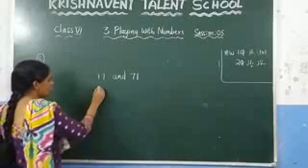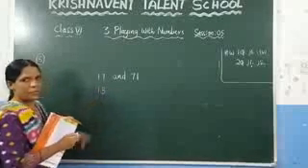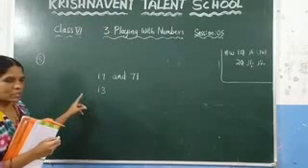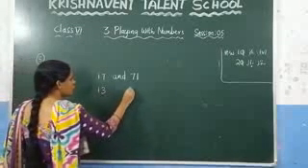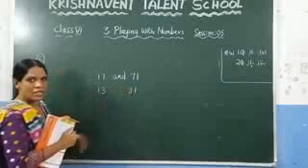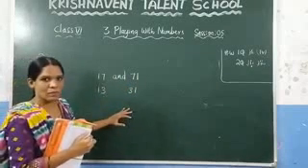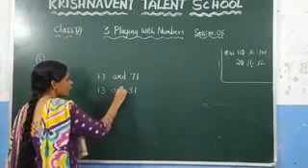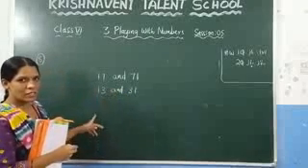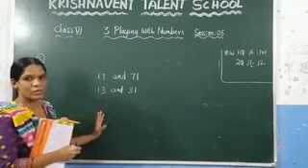If you observe here, let us consider 13. You know that 13 is a prime number because it contains 1 and itself as factors. If you reverse that number, what do you get? You get 31. And you know that 31 is also a prime number. So we can say 13 and 31. Similarly, you can write one more number such that if you reverse it, you again get a prime number.